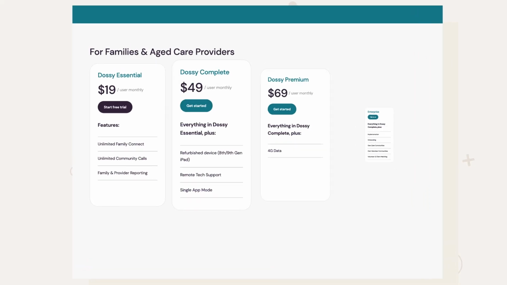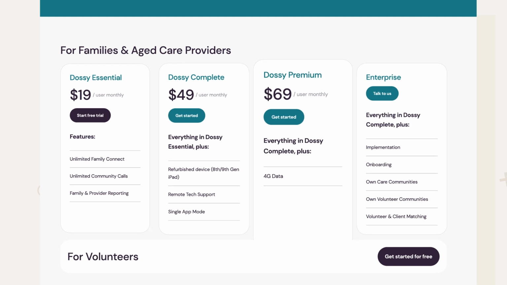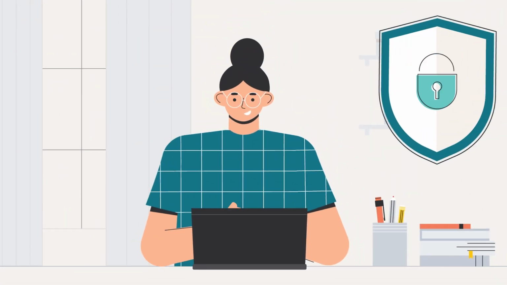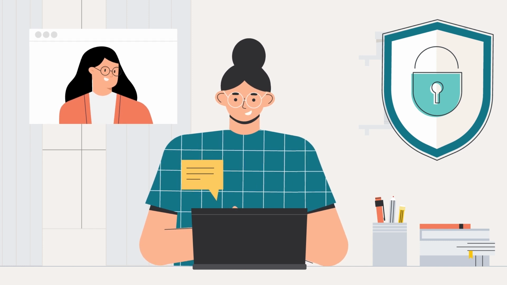Next, choose the plan that suits your client's needs. For a seamless experience, we offer refurbished iPads and data plans, delivered directly with everything set up and locked into the Dossy app to remove navigation hassles. Dossy is secure with 0 spam calls and the highest privacy standards, giving you and your clients and their families